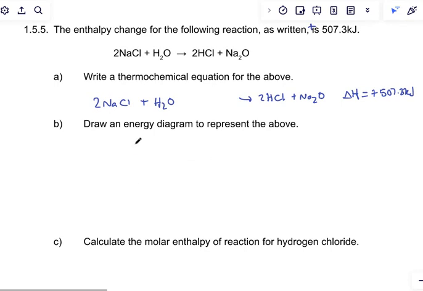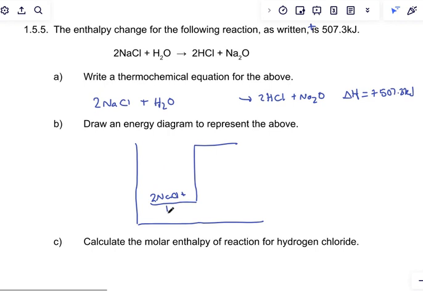Okay. This reaction is endothermic, meaning you have to put heat into it, meaning the reactants start at lower energy and then they go up by 507 as you put that energy in. So your diagram should start low and go high. We don't know anything about activation energy, so I'm not doing a bump in the middle, I'm just doing this part. And then you list your two reactants,